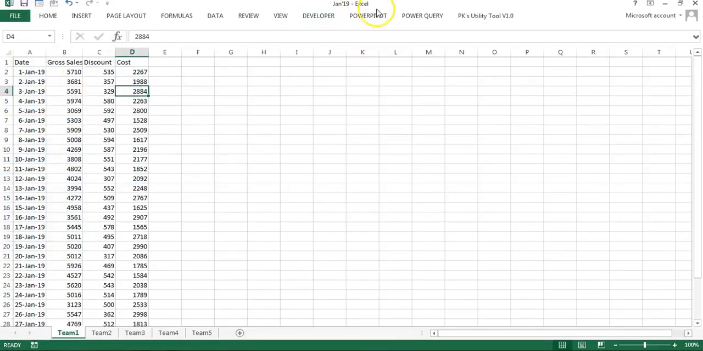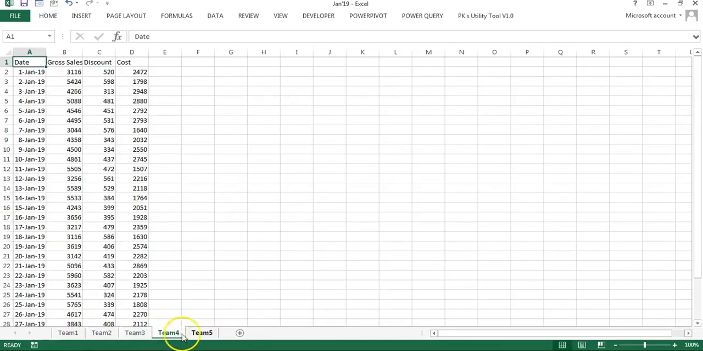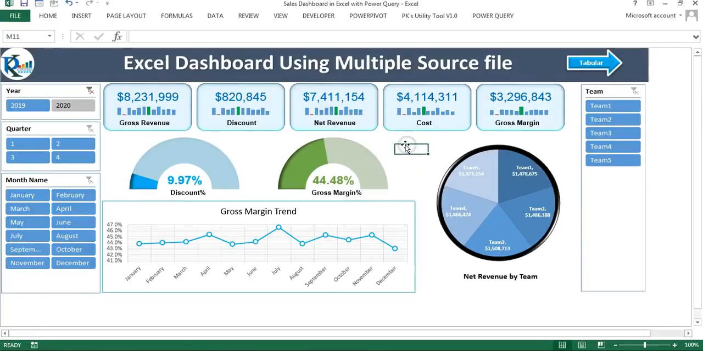You can see this is one source file wherein we have dates, and then we have a few pieces of information like gross sale, discount and cost, and this is the team-wise data. Alright, so we have 5 different teams. For each team it has a worksheet. Friends, we have not used any kind of VBA to do the data consolidation. We have used Power Query here. Once we have consolidated data from all the worksheets and all files available in that folder, then we have created